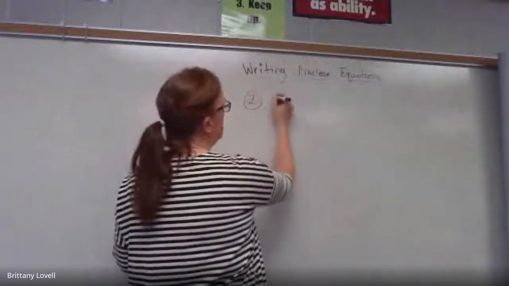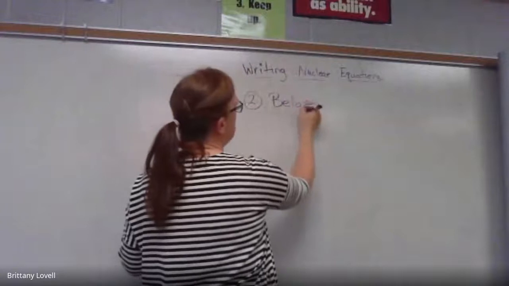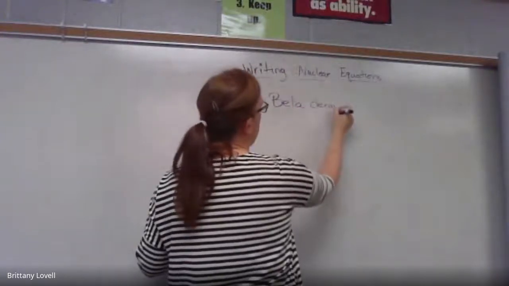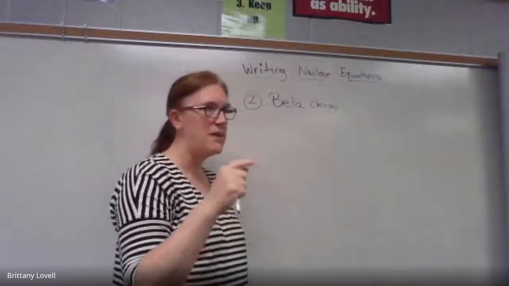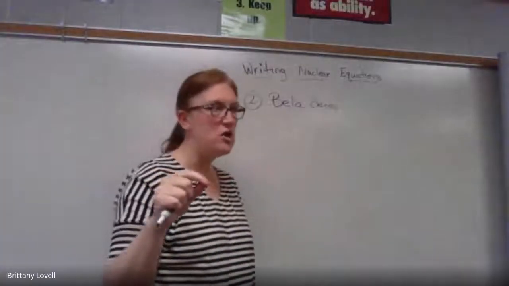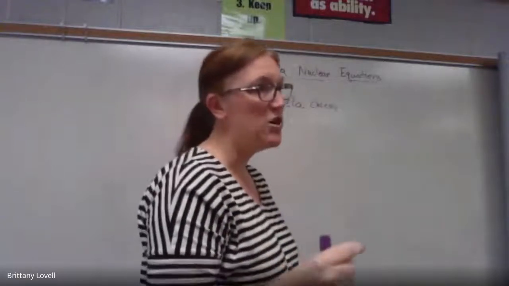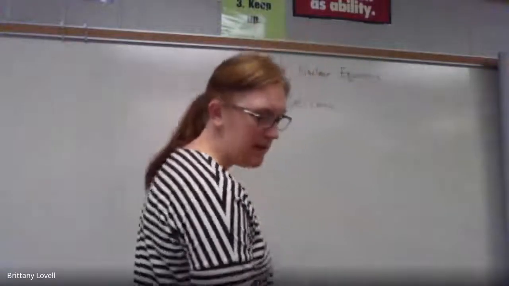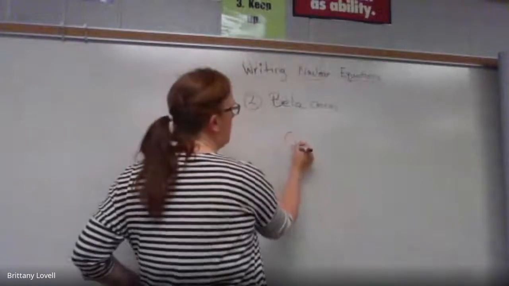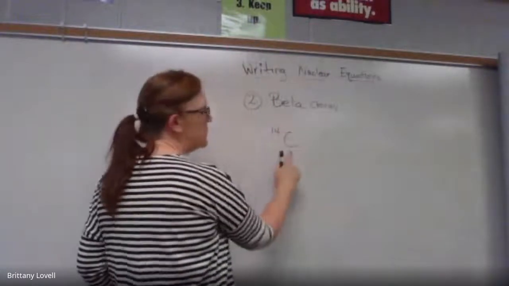that we're going to write. So beta decay, it's basically just where you're going to have an electron emitted, right? Now, the other one that we looked at was helium, a helium particle that had a positive +2 charge. What kind of charge is going to be on an electron? Negative, right? So if we say that we're going to write the beta decay for carbon-14, so here's our carbon